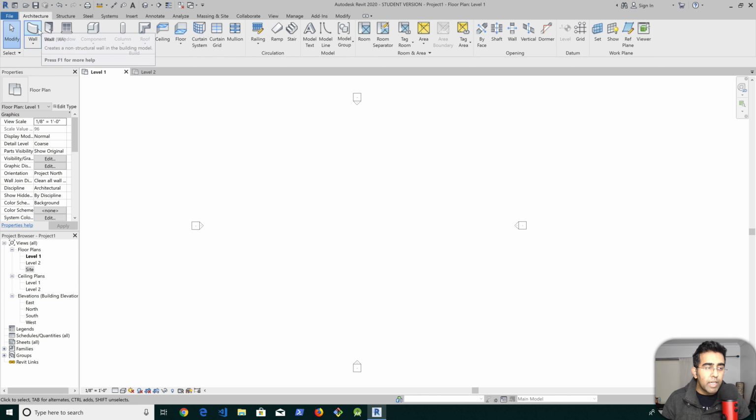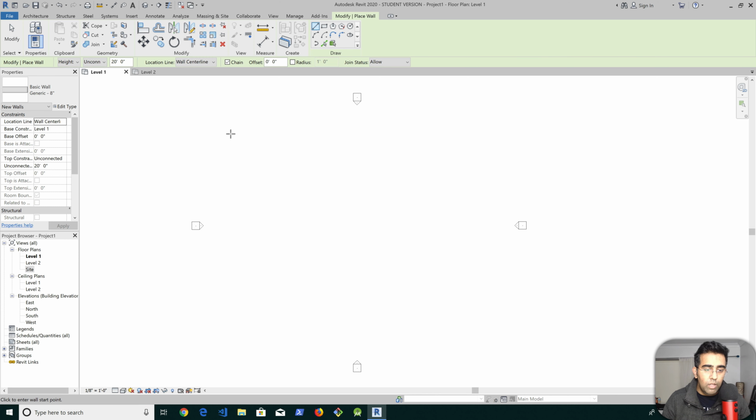Now I'm going to be creating a wall. So let's select the wall and I'm going to click and move my cursor. And as you can see, Revit 2020 is showing me the dimension for that wall, also the angle as well. So if I move here, it's showing me the angle as well. Now, as you know, if you need to know the coordinates, we have X coordinate and Y coordinate and a Z coordinate, which is like a height, which is used